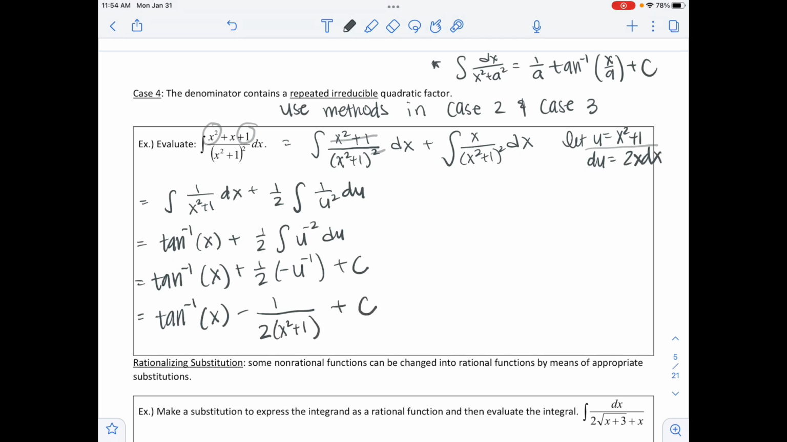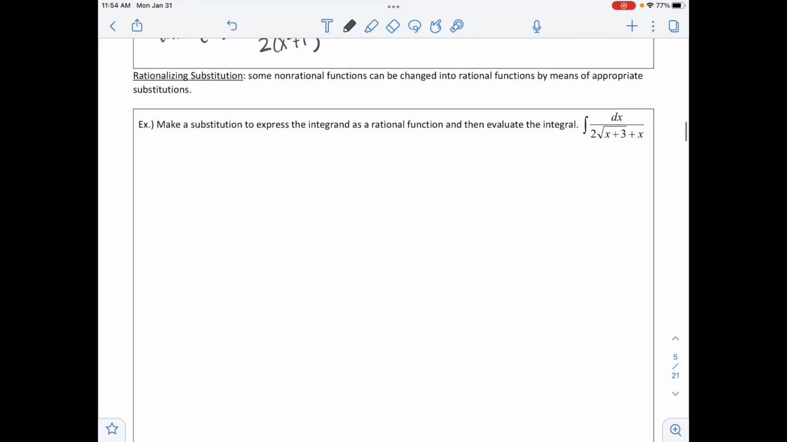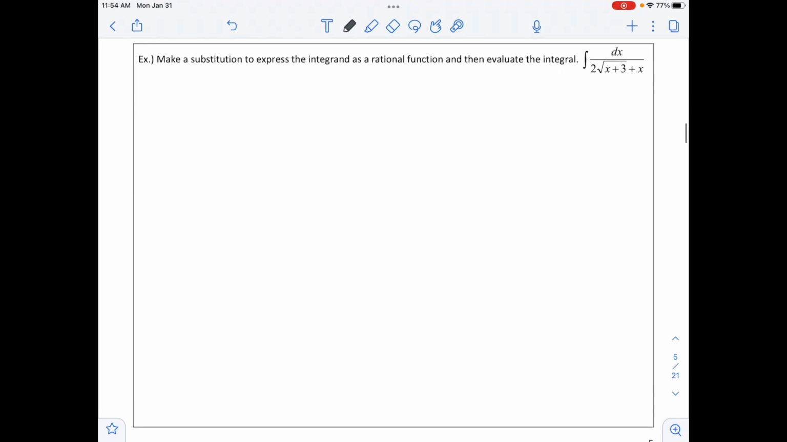And then we also have our plus C, since we are dealing with an indefinite integral. So right below it says rationalizing substitution. Some non-rational functions can be changed into rational functions by means of appropriate substitutions. So the example right below says make a substitution to express the integrand as a rational function and then evaluate the integral. So the integral that we have is dx over 2 times the square root of x plus 3